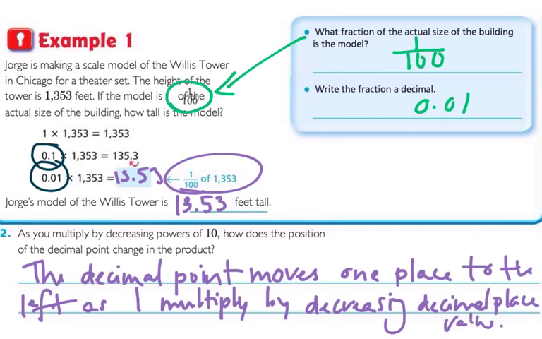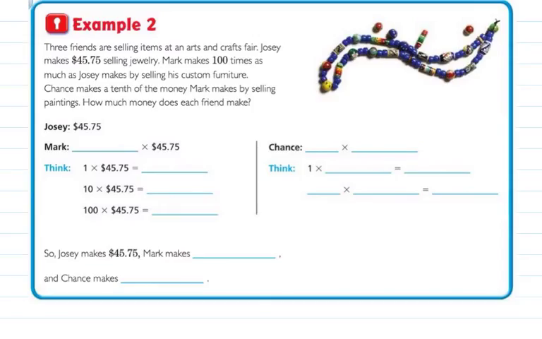so your product is going to be smaller than your other factor, and we can see that that's the case. This amount here is smaller than our factor. This amount here is smaller than our factor. So boys and girls, we have one last example to go over, which is example 2, and it says, 3